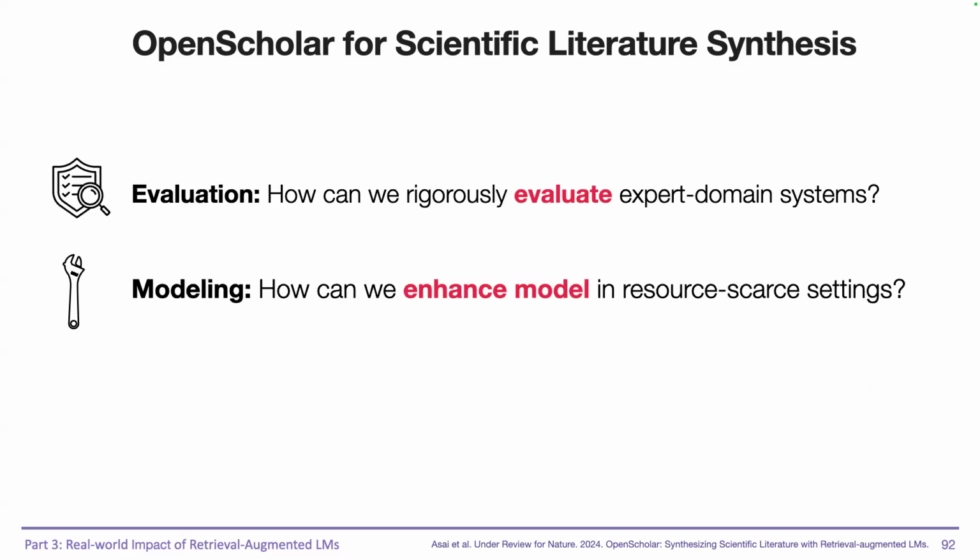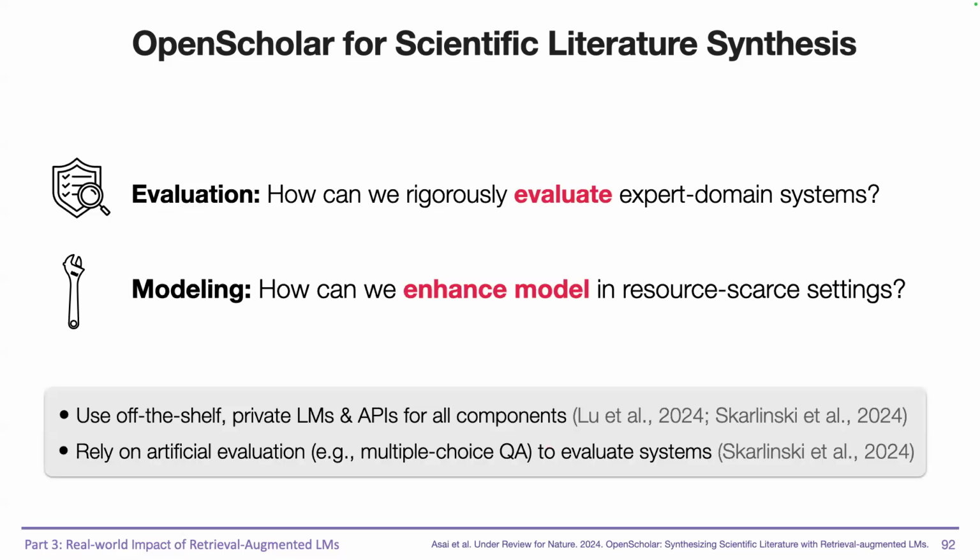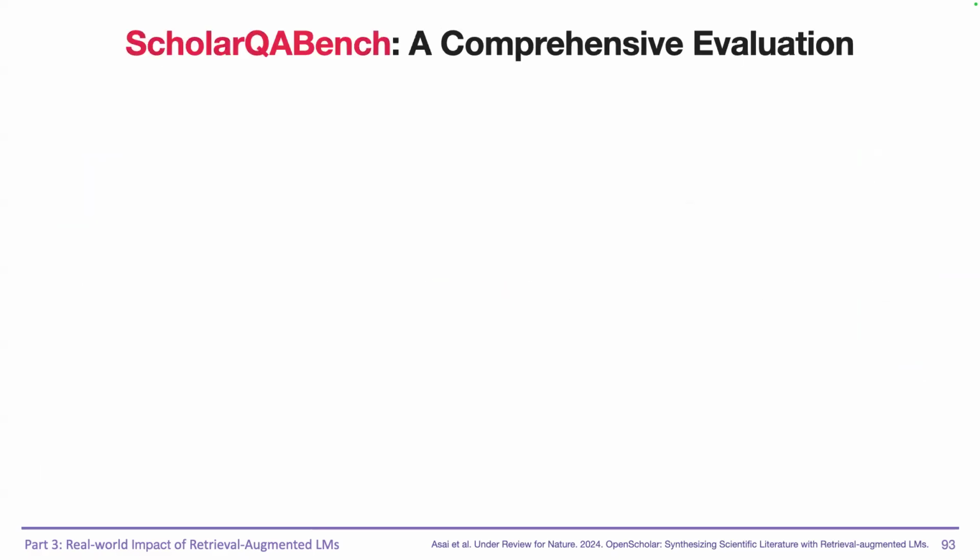Both are substantial challenges. For language models as scientific assistants, there has been some progress in automating literature review or idea generation. However, due to those challenges, prior work often relies on off-the-shelf proprietary language models and synthetic, unrealistic settings, such as multiple choice question answering format. We first established a new benchmark, ScholarQABench, a large-scale benchmark with a multi-dimensional evaluation framework to reliably evaluate models